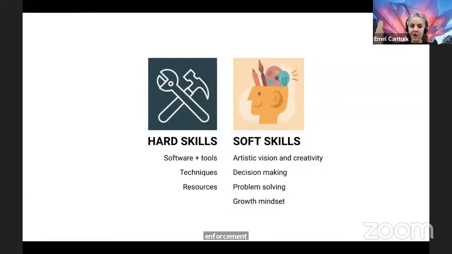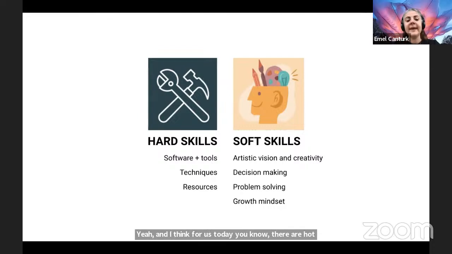Yeah, and I think for us today, there are hard skills and soft skills. Of course, hard skills are important to learn the AI software, the tools, techniques, resources. But I think soft skills are becoming more important with that shift, because everybody can learn hard skills, like learning the software and tools, but not everyone can learn artistic vision and creativity or decision making. So I think artistic vision and creativity, decision making, problem solving, and especially a growth mindset are really important, because